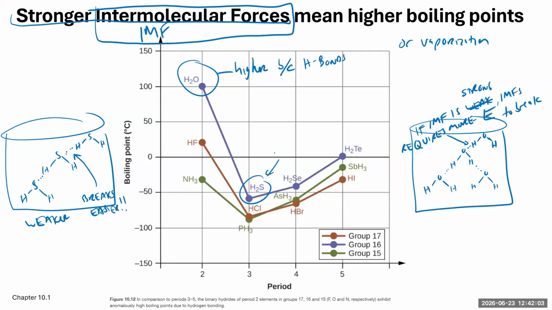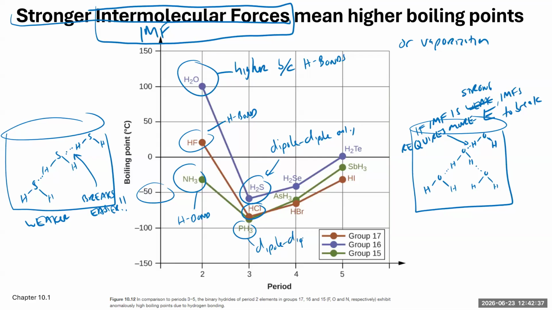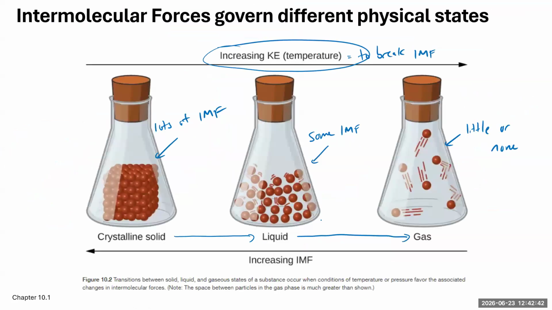All right, this is dipole-dipole only. Since dipole-dipoles are weaker, it takes less energy to break those bonds. Same with HF, H bond. So hydrogen bonds are harder to break because they're stronger. HCl has dipole-dipole, but not hydrogen bonds. Same with NH3, H bonds. The H3, polar, or dipole-dipole only. Or dipole-dipole. They all have, sorry, I forgot to mention that,